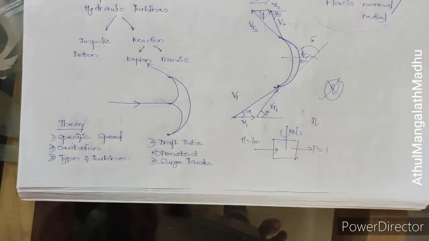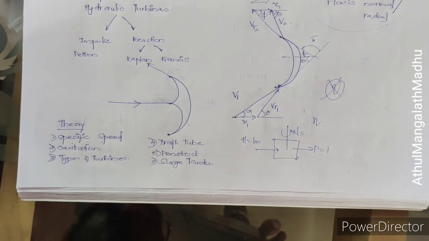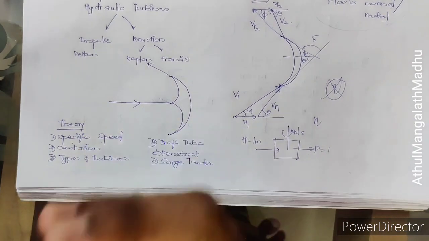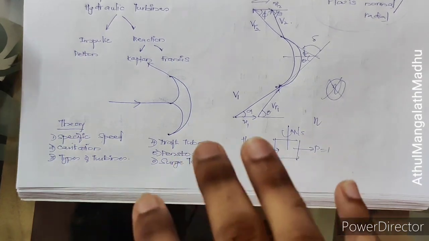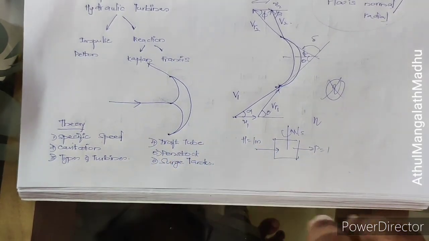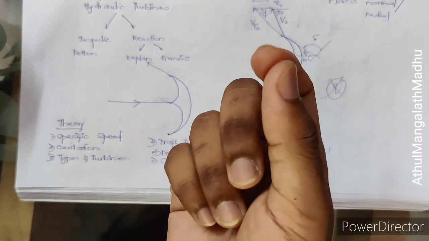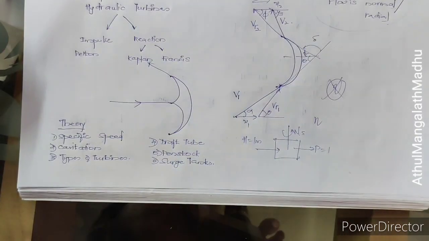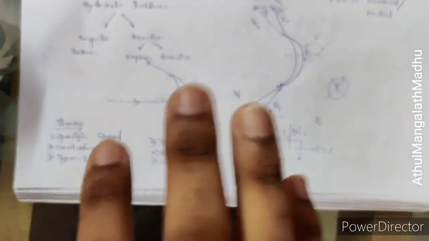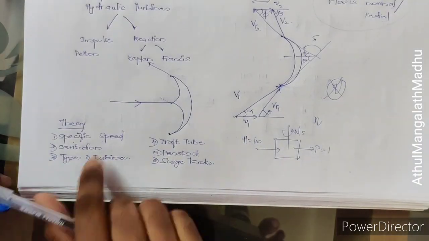And the next expected question can be about cavitation. You know that whenever your velocity is very high, the pressure will be going down. If the pressure reduces below the vapor pressure, it starts to convert to vapors and bubbles, and those bubbles are highly unstable. When those bubbles collapse, what happens? It will also remove part of the metal, and that continuous process is called cavitation.